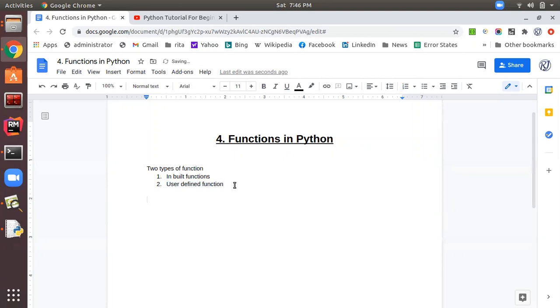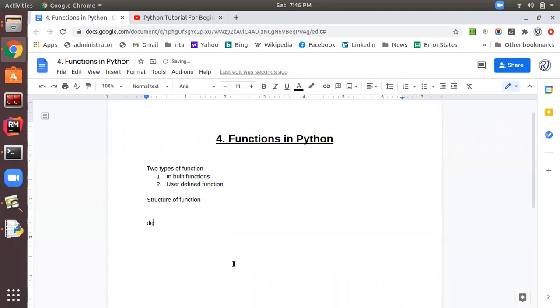First of all, before starting the practical part of this session, let me explain the structure of a function in Python, like what is the syntax of the function in Python.